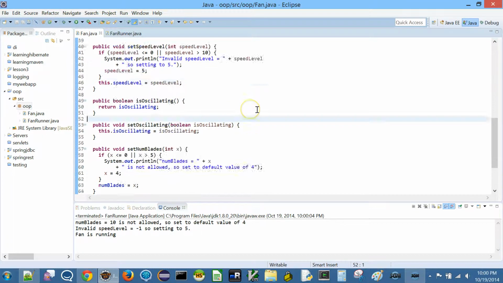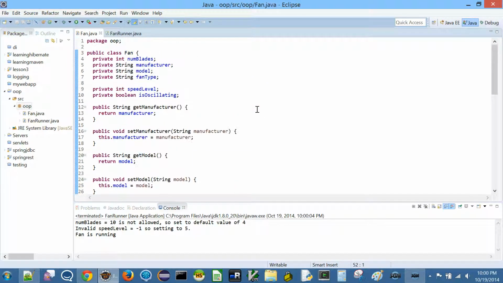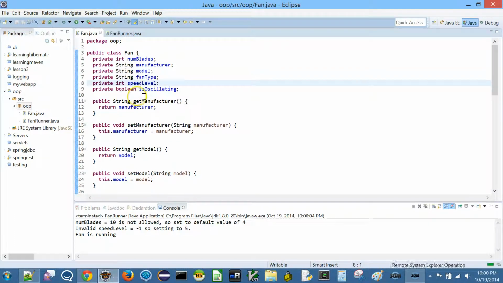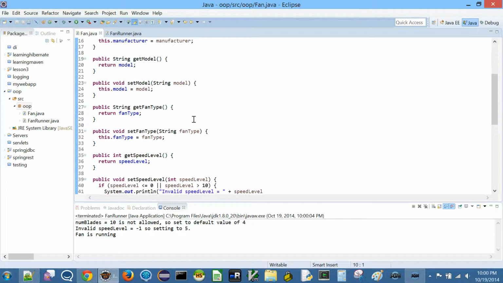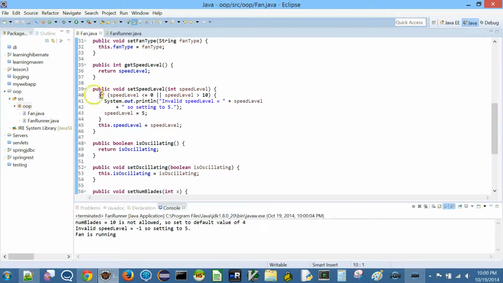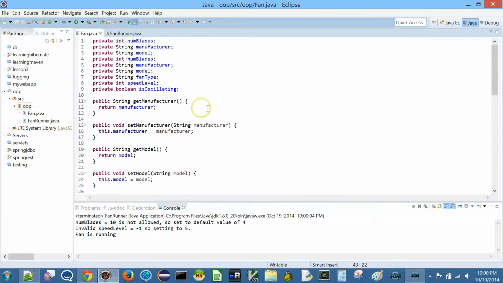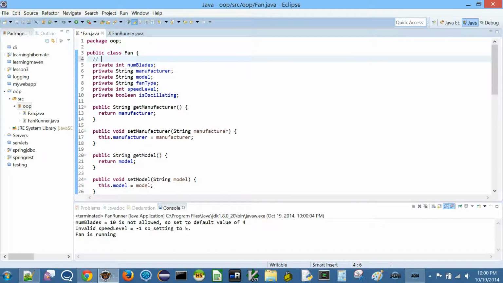So this whole concept of making your fields private and then providing setter methods to set the fields with the logic enforced in the setter methods, like here, is called encapsulation. Let me just type that here: encapsulation. Now, encapsulation is a broader concept than this, but since this is the first taste of encapsulation for us,